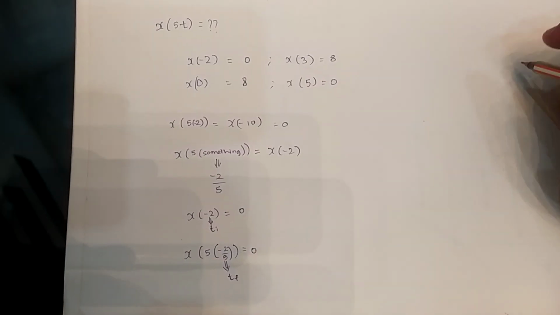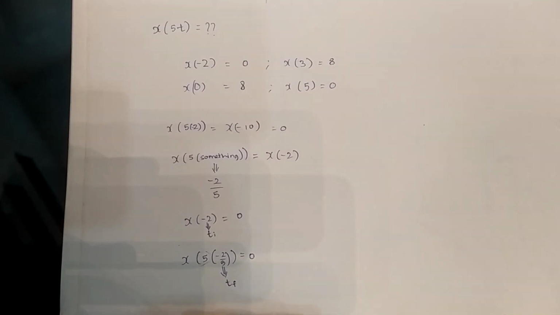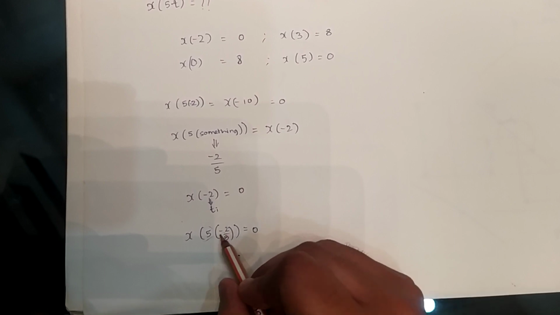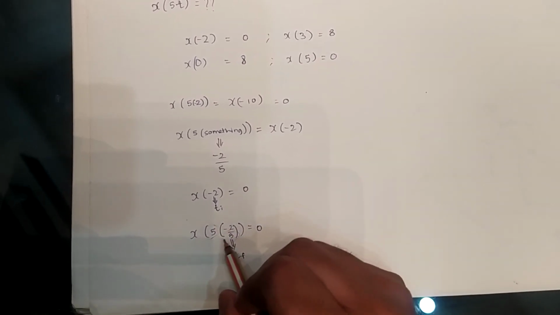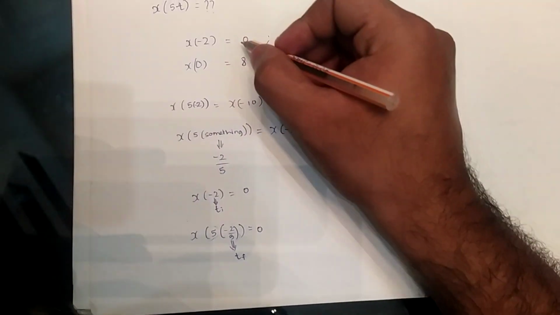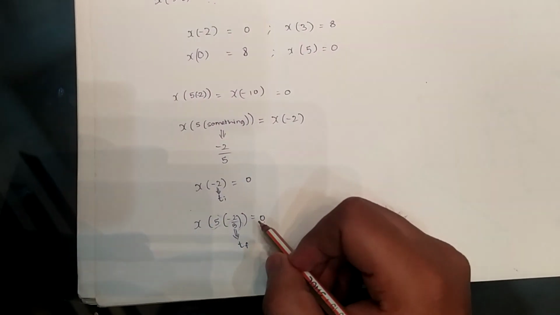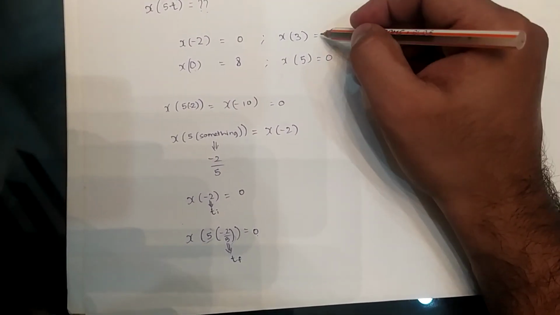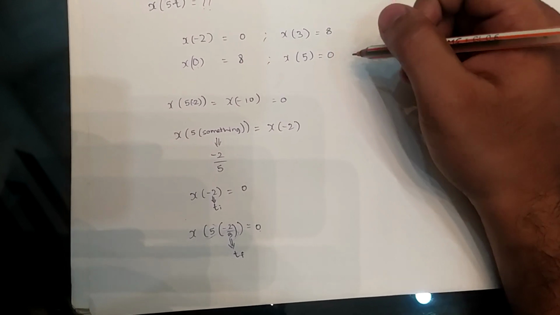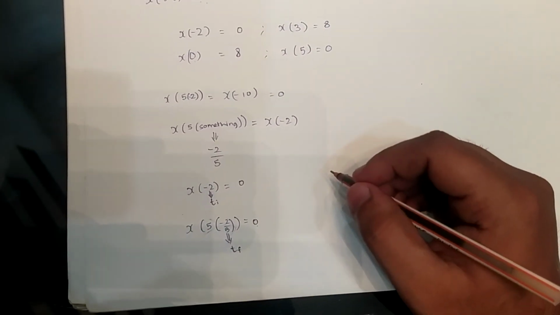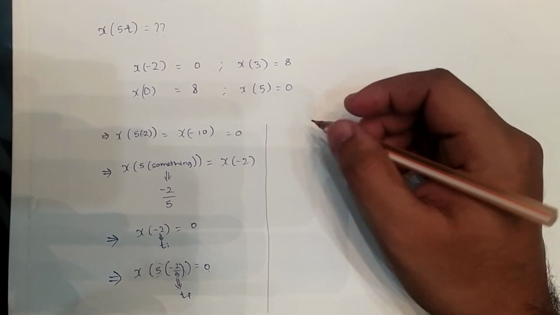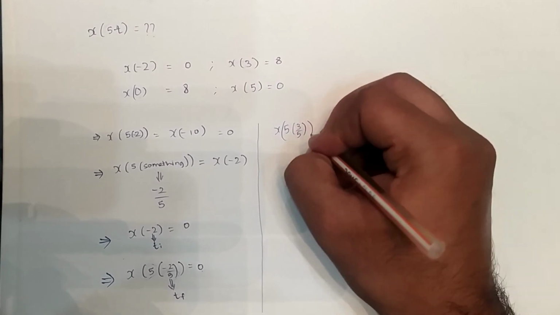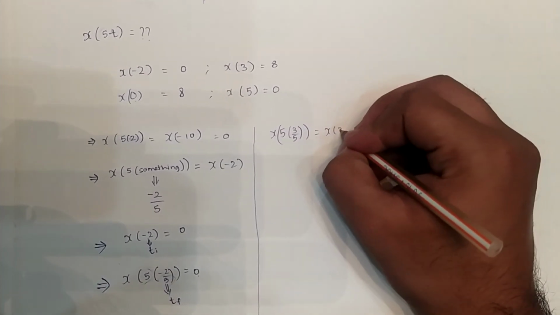So what we basically did, there was a 5 which is multiplied in front of my t here, and because of that minus 2 became minus 2 by 5. So whatever is getting multiplied here is getting divided here, so that I can bring my actual point. If I want 0, 0 is going to remain 0, because 0 by something is 0 only. So let's forget 0. If I want this minus 3 case, again it is plus 3 case, it's going to be the same. That is x of 5 into 3 by 5 will give me x of 3,